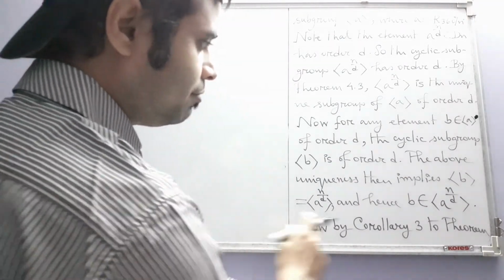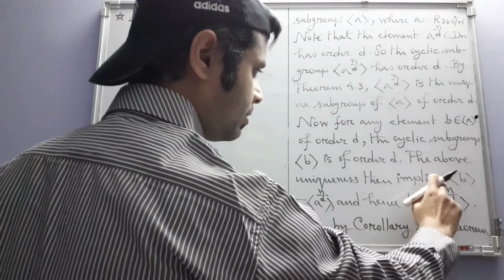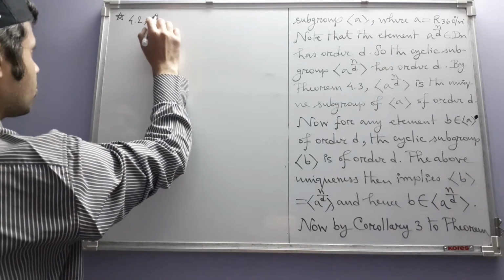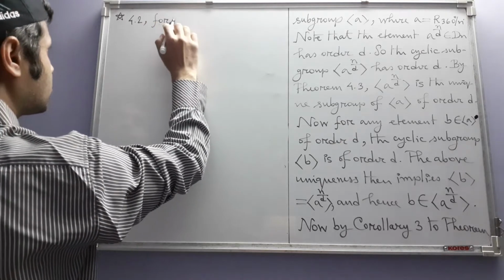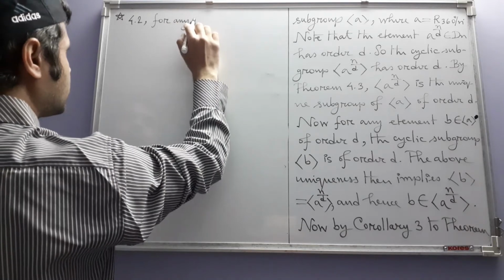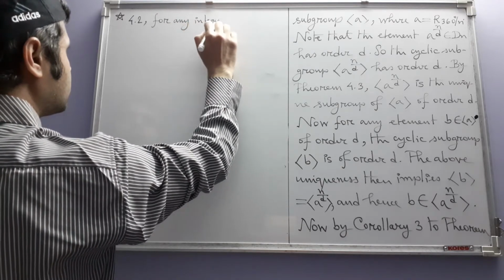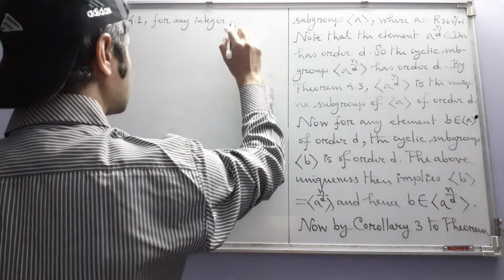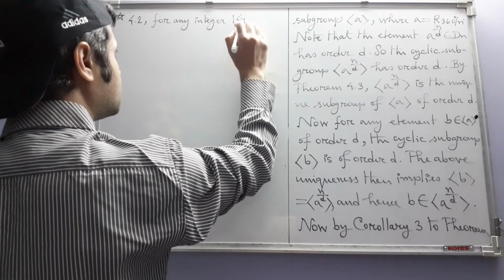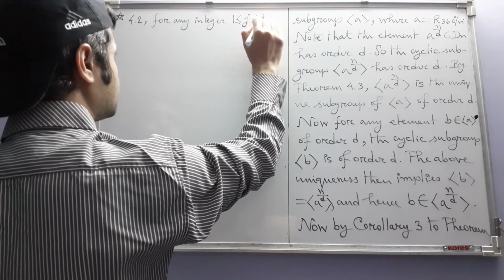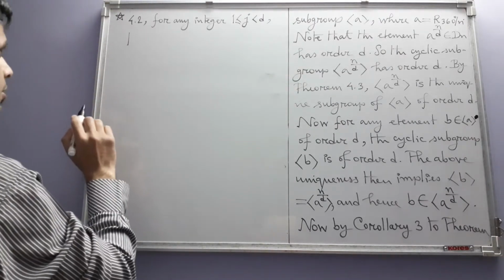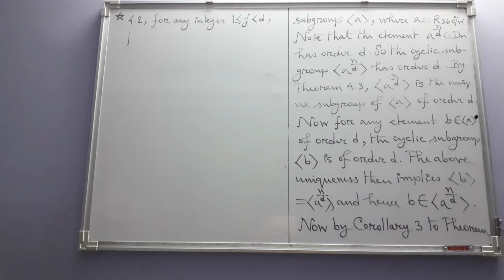So any such B will now be an integral power of a to the power n by d. For any positive integer j that is less than d, the order of a to the power n by d whole to the power j